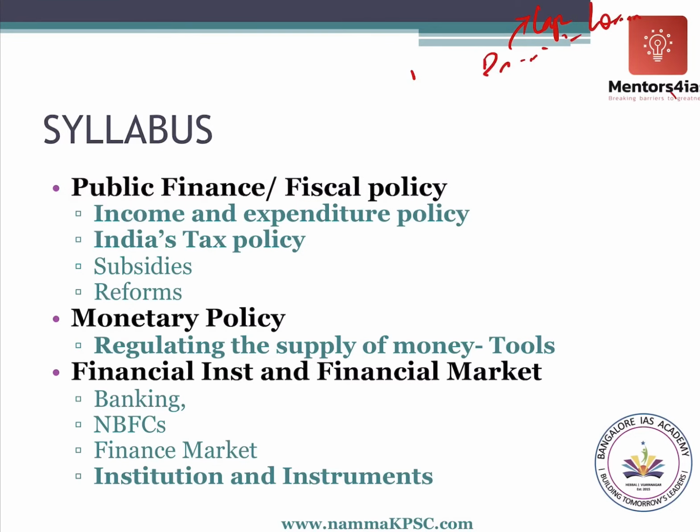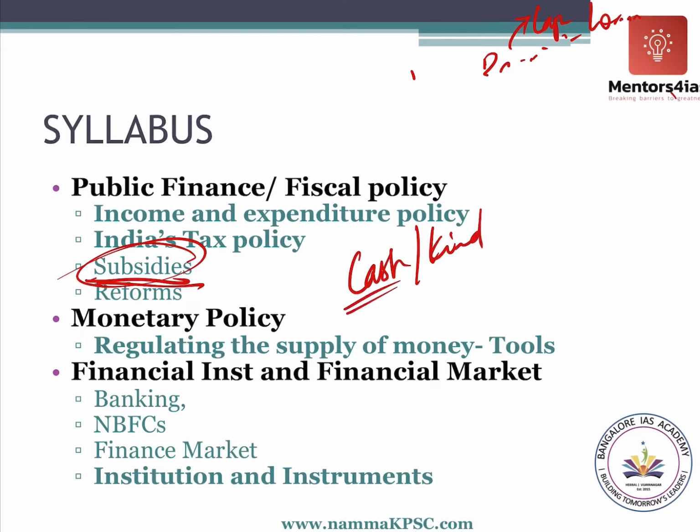Next, coming to the expenditure, we have several types of expenditures by the ministry: salaries, maintenance, defense, law and order. All these types of expenditures are there. One of the major expenditures which we need to understand from the exam point of view is subsidies. Subsidies are basically something like the opposite of tax, you can say. It is somewhat like a grant given to the citizens in the form of either cash or kind.